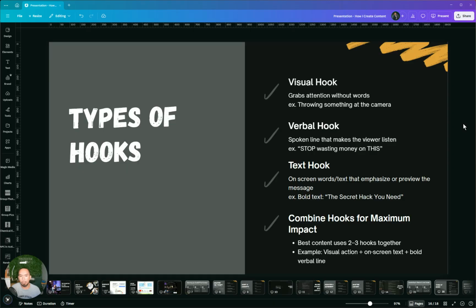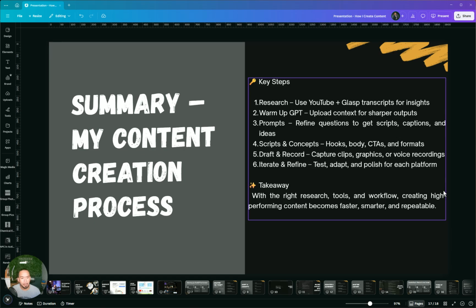And obviously you can have the verbal hook, or you can even have a text hook saying, "POV, this tire shine is going to change your life. This will blind drivers on the way." And then they'll go, what the hell is that, right? But ultimately, using two or three of these is the ideal for creating captivating UGC content, or just content in general. To round it all off and summarize the rest of this,